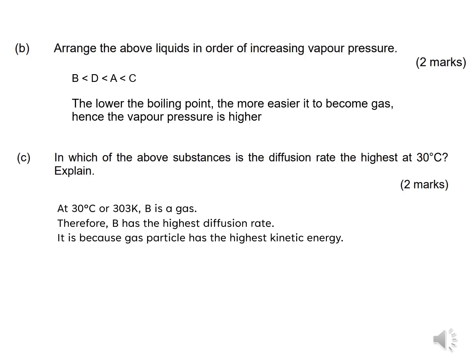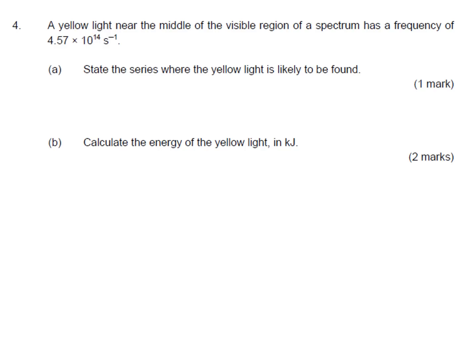Here, you explain in terms of kinetic energy the 4 postulates that we have learned previously. Okay? Okay, question number 4. A yellow light near the middle of the visible light region. Underline this visible light region. As we learned in chapter 3, when we say visible light region, it is in Balmer. So when we say Balmer, do remember the ground state for Balmer will always be N1 equal to 2,